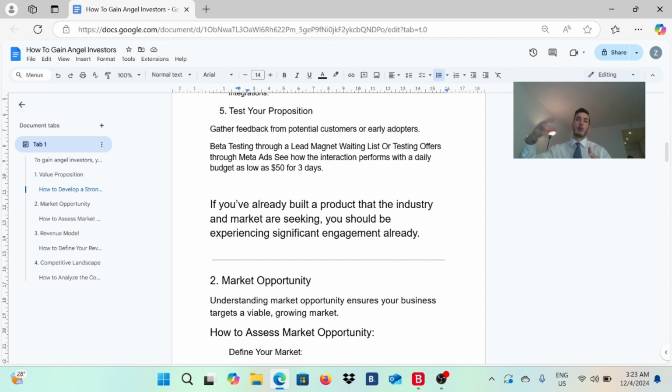So you can start to run Meta ads to your offer, and you can have a qualification survey with a few questions on the problems your product is solving and what they are struggling with. At the same time, ask how much they are willing to spend for this specific product, so you can understand how the market or industry is looking to spend money.